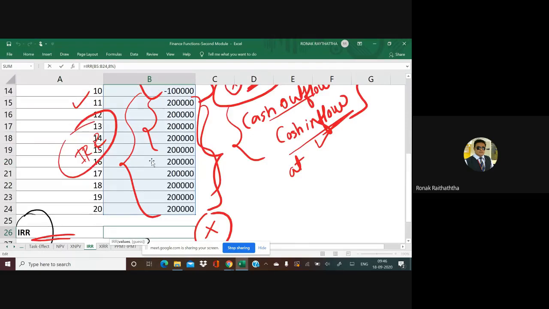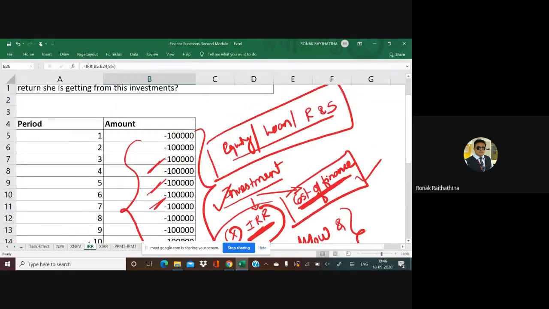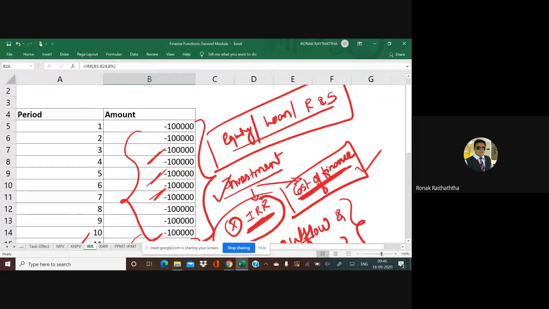For cash outflows, cost of finance shall be applicable, because outflow is the investment which you are making. For investment, how do you get the money? If you want to make some investment from the corporate perspective, try to understand how you invest somewhere, by taking the money from someone, right? If you are a company, you take the money from the equity shareholders and then invest into some projects. Or you take a loan from some institutions and then invest somewhere, or you have your own reserves and surpluses from which you make the investment of this cash outflow.